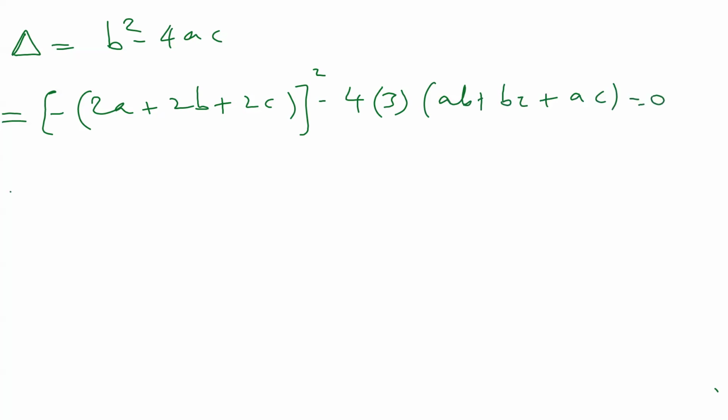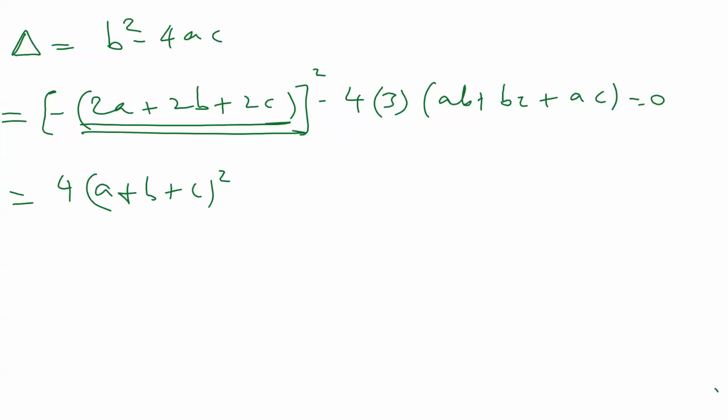Take 2 common over here. So minus 2 will be outside like this. So minus 2 square is 4, a plus b plus c the whole square, minus 12. Okay. By mistake, I wrote equal to 0. That should not be equal to 0. Yeah. Minus 12ab